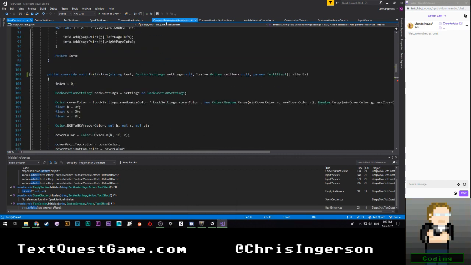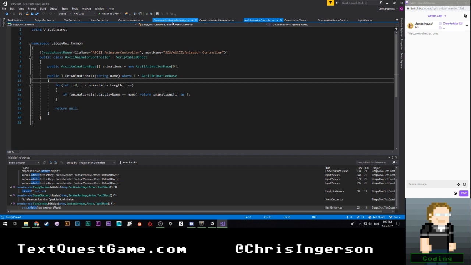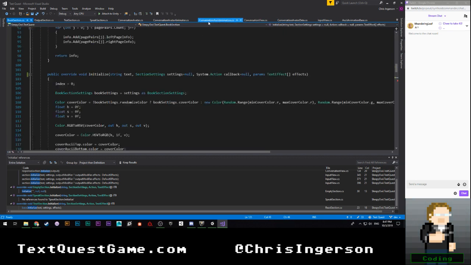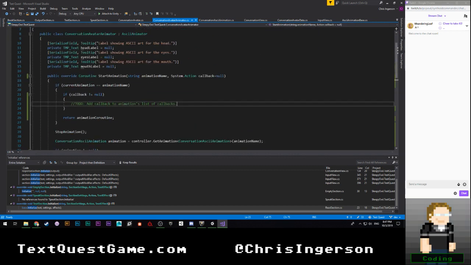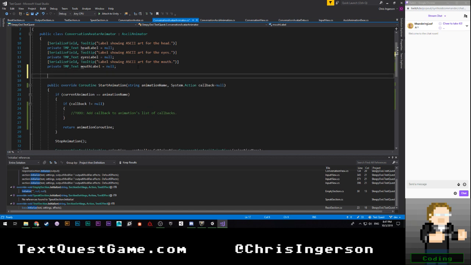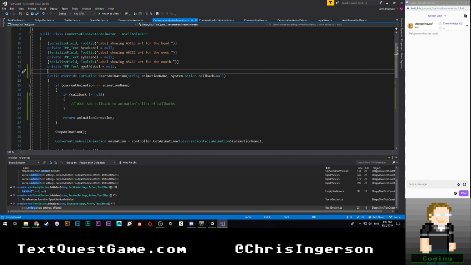Actually, before we do that, I'm gonna come over here to conversation ASCII animator controller. No, I don't need this. I need this. Actually, hold on. We're gonna go down here to ASCII animator.